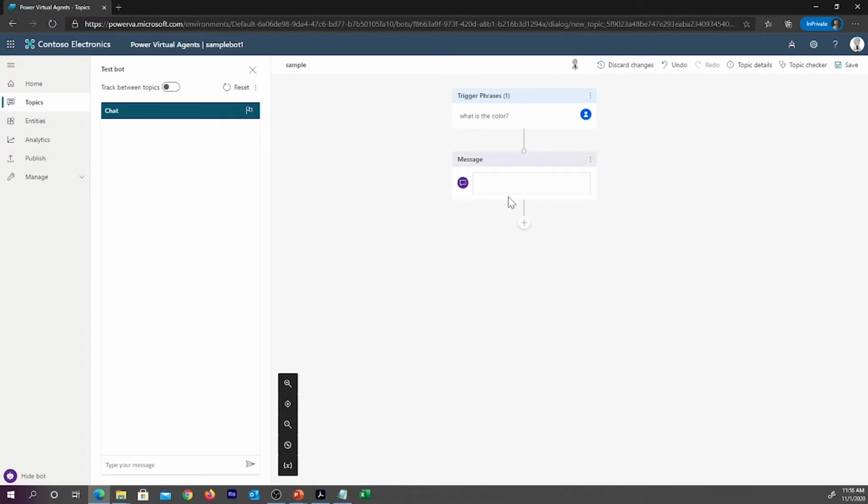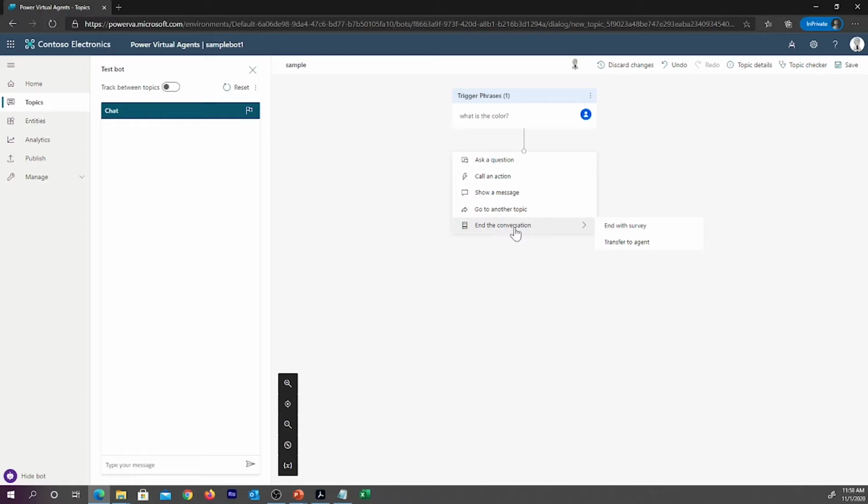To specify a response from a bot, you can select and add a node called show a message. You can enter what you want the chatbot to say in the text box, and you can apply some basic formatting such as bold, italics, and numbering. Another option is go to another topic. To automatically have the chatbot move to a separate topic, you can select go to another topic. And the last one is end the conversation. When you end the conversation, you can have a survey appear that asks the user if their questions or issues have been answered or resolved correctly. This information is collected under the customer satisfaction analytics page.